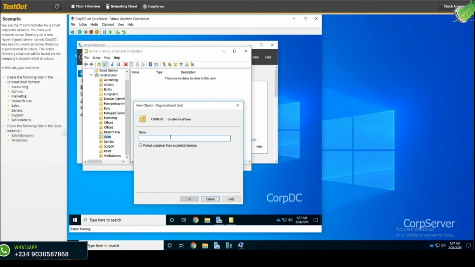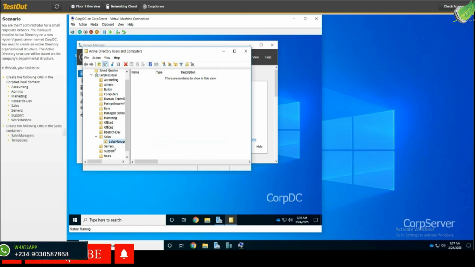So whatever we are adding now will be added inside the sales container. So we are adding sales manager. All together, no space between them. Manager. And the next thing we're adding, still under sales, you have to click on sales. If you do not click on sales and you go ahead and click on this create,